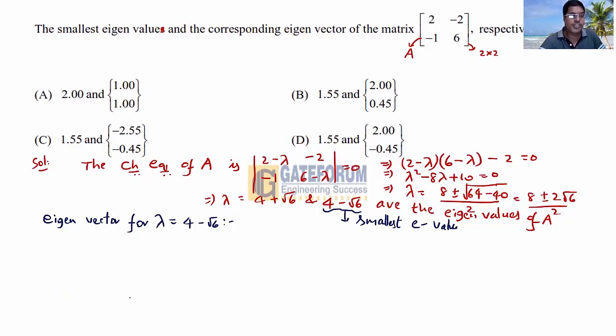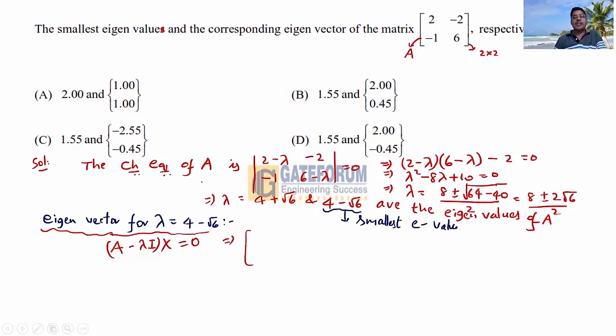What is the procedure for the eigenvector? (A minus lambda I) into capital X equal to 0. What is this capital X? It is a column vector containing two variables. So in this matrix, subtract lambda from the diagonal elements only, that is, subtract 4 minus root 6. So you will be getting